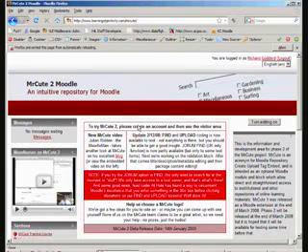To show you a short demonstration of the MrCute 2 Moodle repository as far as we've advanced at this stage. The MrCute site is at